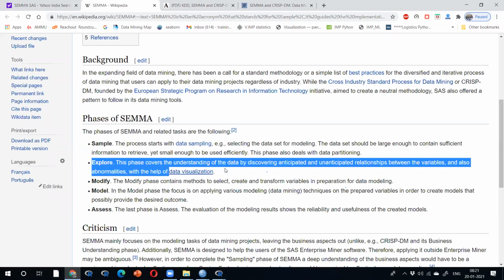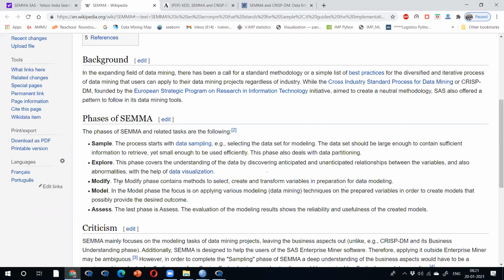Based on the exploration, you can do the modification. The modification process contains selecting, creating, and transforming variables to prepare for model building. Once this is done, go for the model. Modeling is applying various modeling techniques for predicting something. Then assess, deploy.